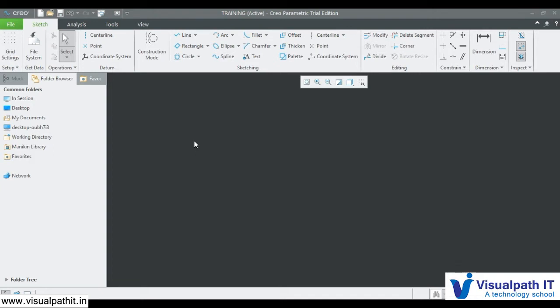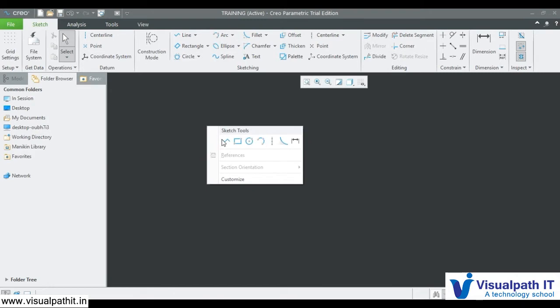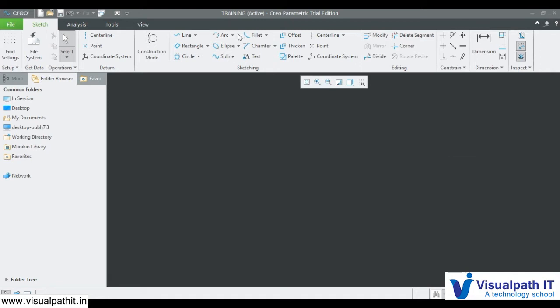And in the latest version of Creo, we have an option called the quick toolbar, which is when you right click, you get these options. Depending upon the mode, these options will change. Basically, in Sketcher, you have quick options to create a line, a rectangle, a circle, an arc, and a construction line, a center line. And you have another option to create an arc, and an option to dimension that.